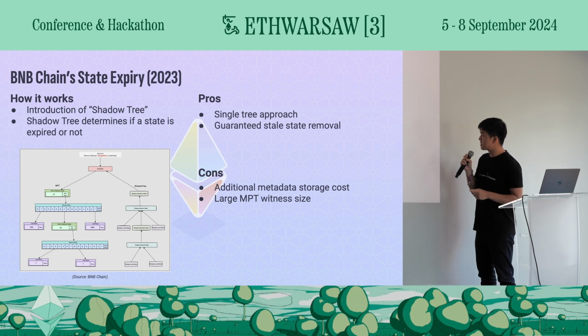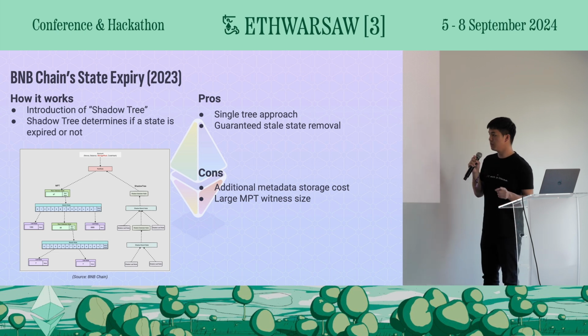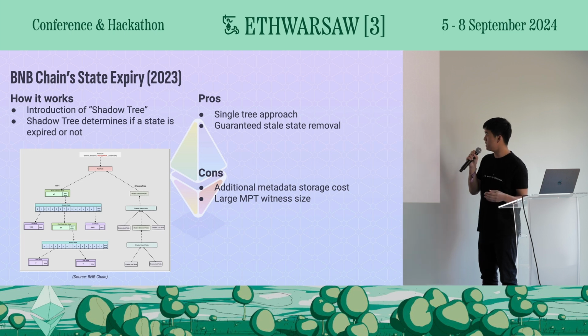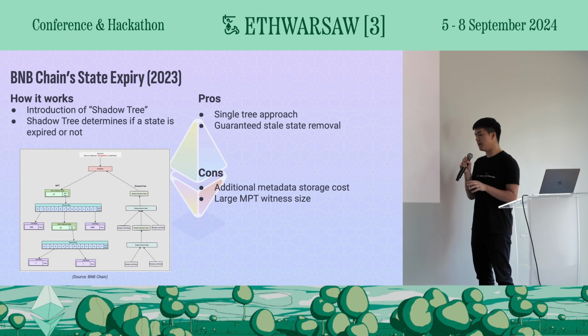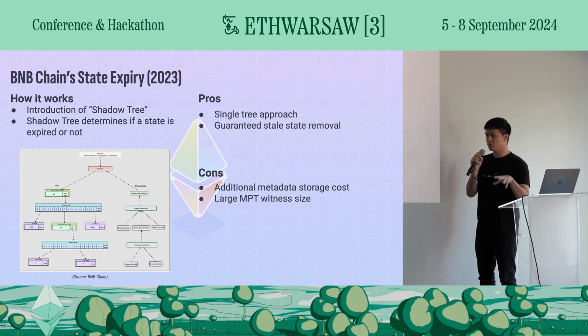Yeah, the next solution is by BNB Smart Chain, or more commonly known as Binance Smart Chain, last year. I was involved in this project when I worked with them. How it works is that we introduced an overlay tree mechanism called shadow tree. This shadow tree is like a metadata layer for the current MPT. The only purpose for this shadow tree is to determine if a state is expired or